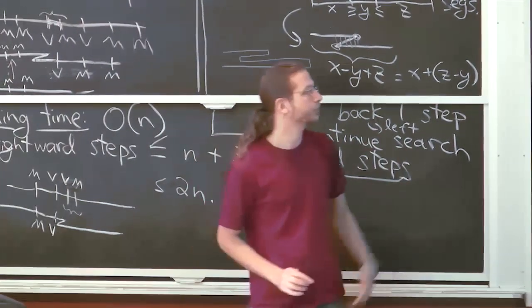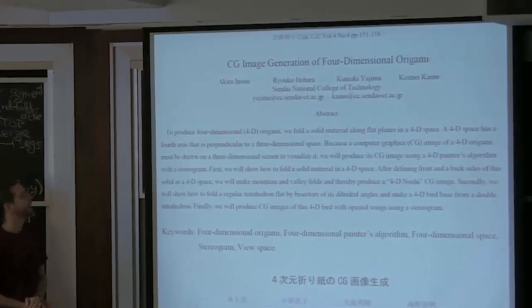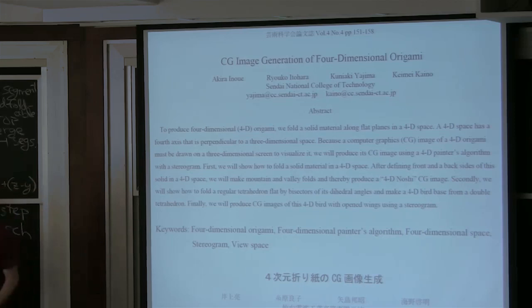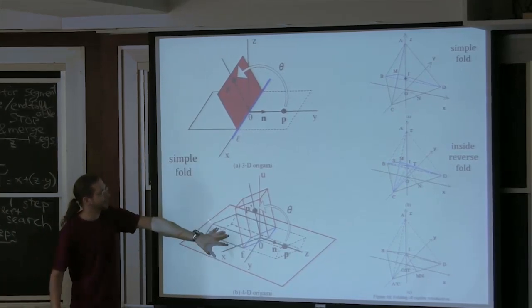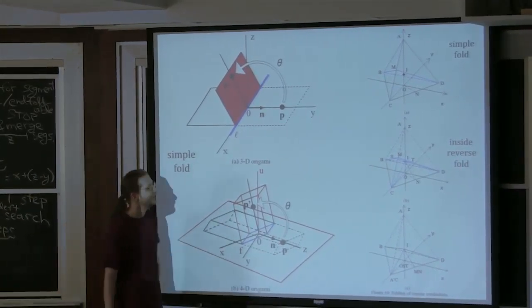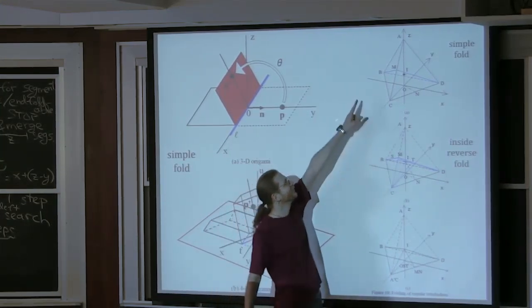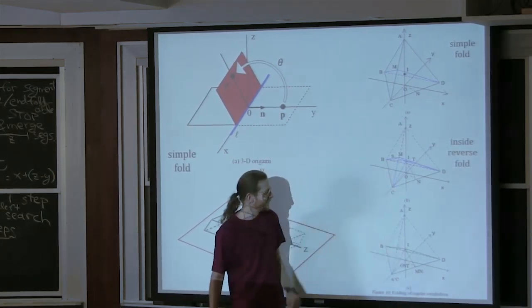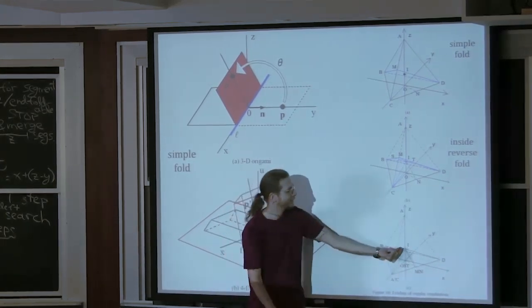Okay, I was looking up any papers that cited that one, and there's basically one paper, which is this kind of graphics art math paper talking about four-dimensional origami. It's basically some simulations and some examples. Here's the not folding all the way picture, a little harder to imagine. And here they're doing, I think, the 4D analog of a rabbit ear fold. A little hard to tell, but first they do a simple fold along a bisector. That I can understand. And then they do an inside reverse fold, and then you end up with 1/4 of the tetrahedron. So if you divide, this is the centroid of the tetrahedron. It's really hard to draw these pictures.